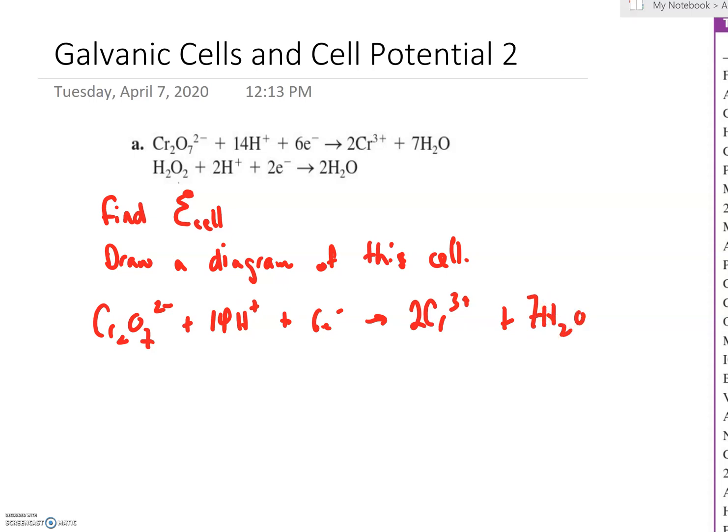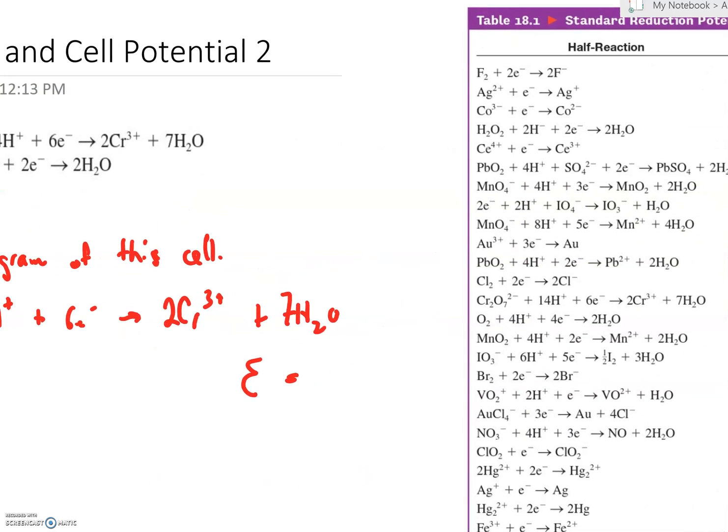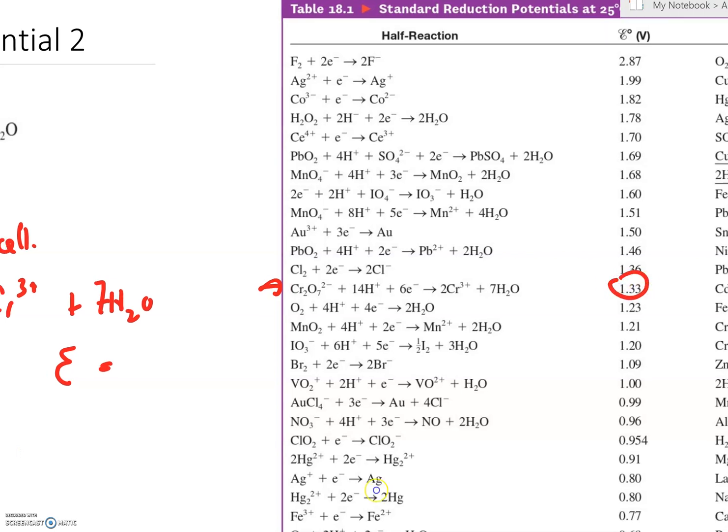So what we're going to do is look for the reduction potential for this particular reaction. And according to the table, look at that, it's right here. This has a cell potential of